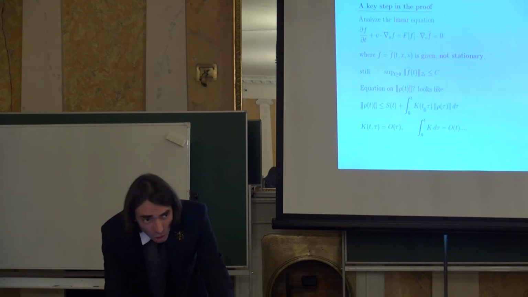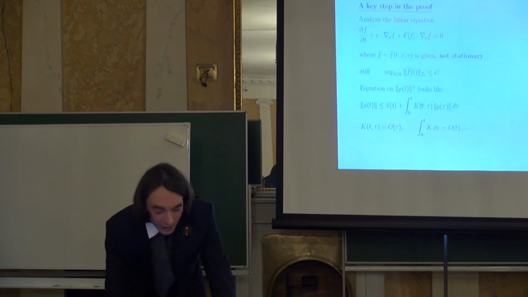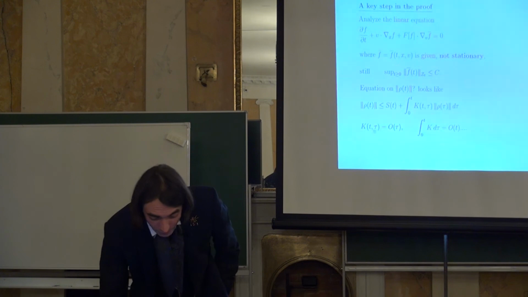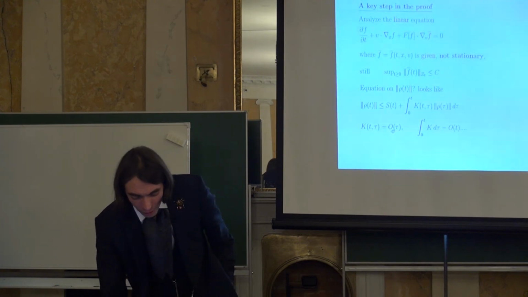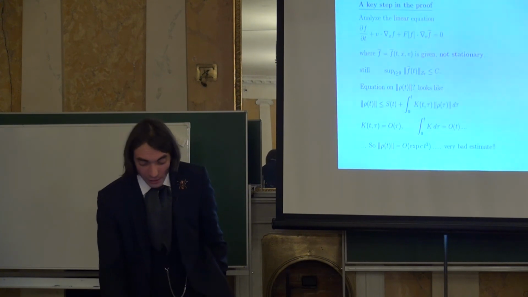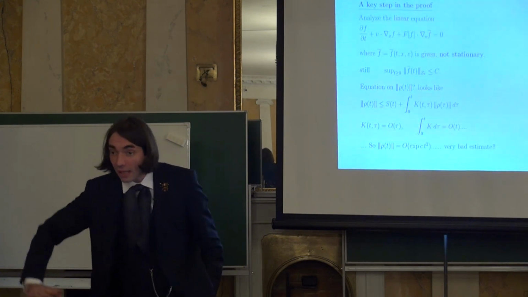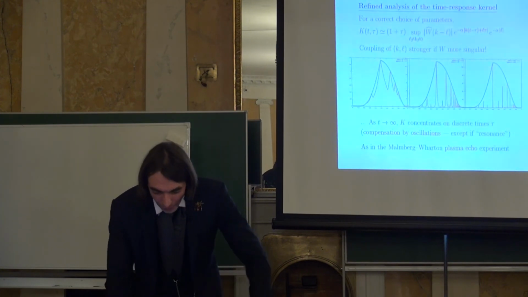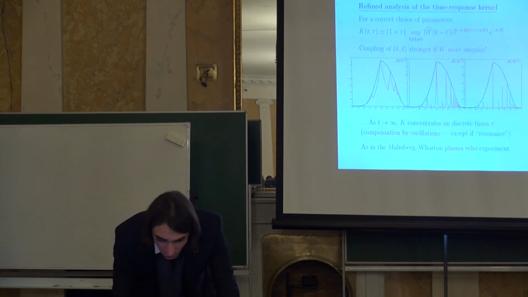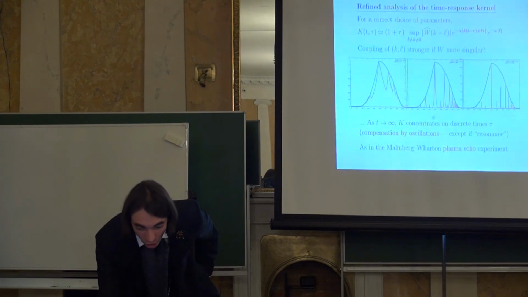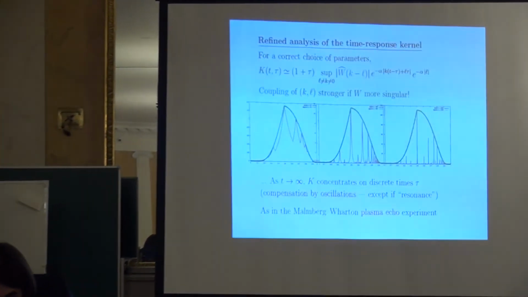And you look at the kernel, how the evolution at time t is affected by the evolution for times that are before, and you find that you are in bad shape because the kernel is linear in time. This is very bad news because a kernel linear in time seems to indicate exponential t-square growth. It's a complete disaster. However, if you make a refined analysis of the kernel, you find that as time goes, it concentrates on earlier times which are more and more discrete.